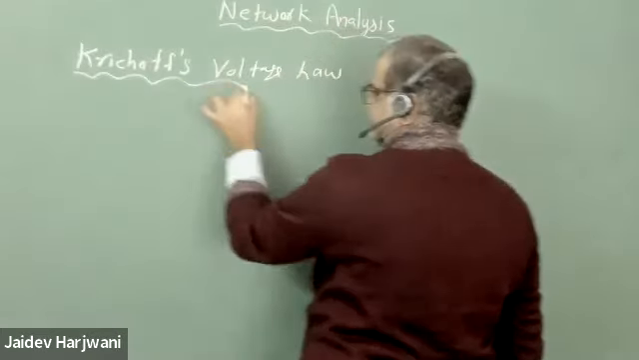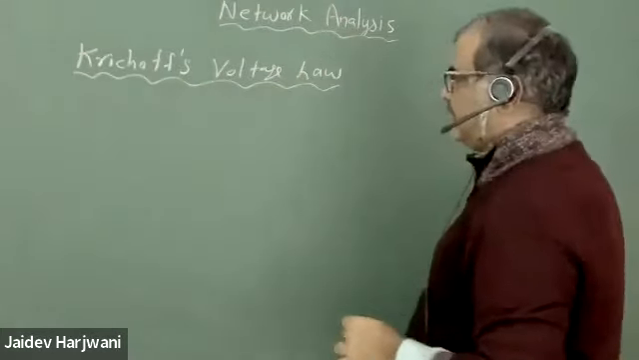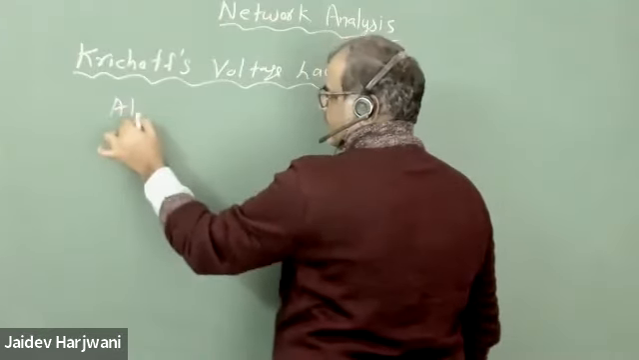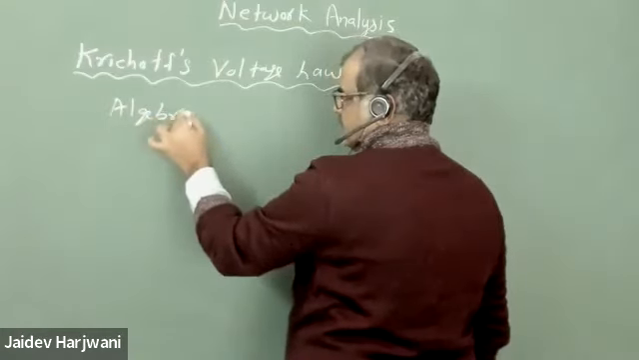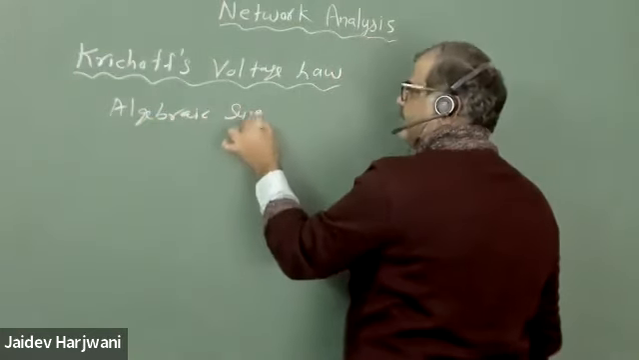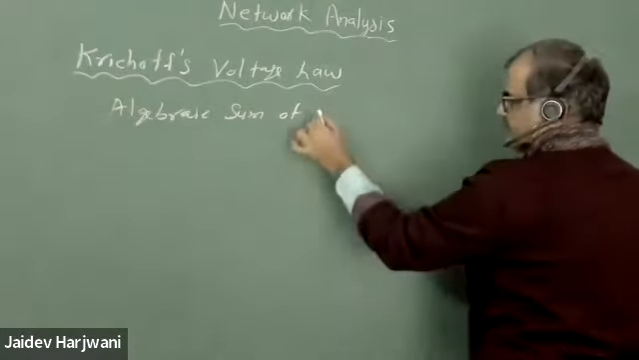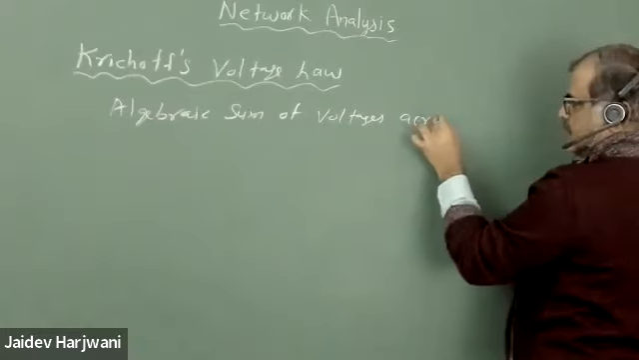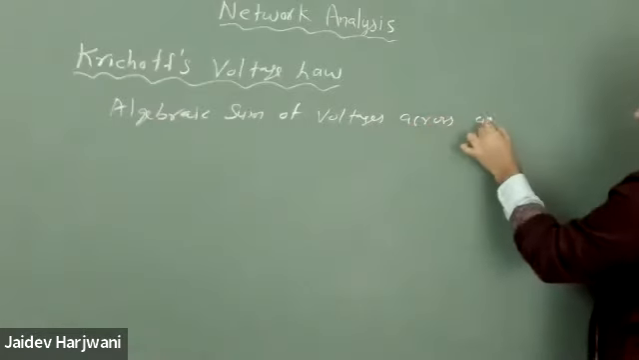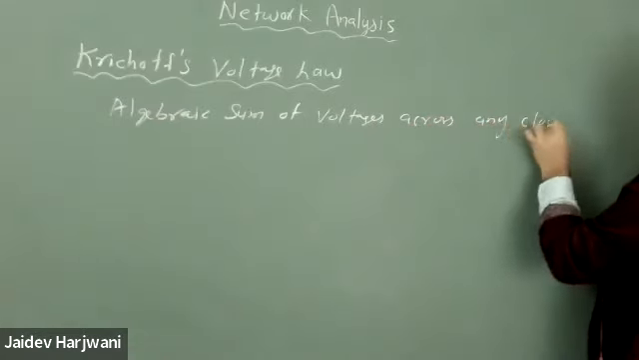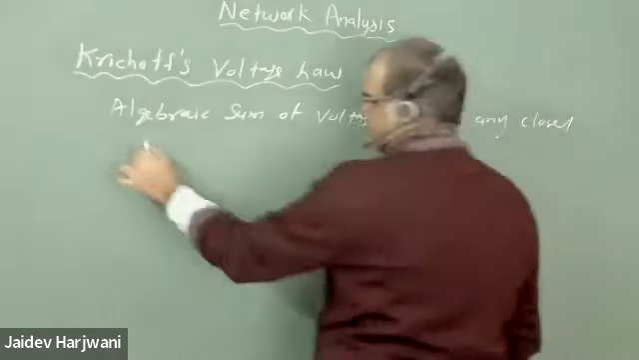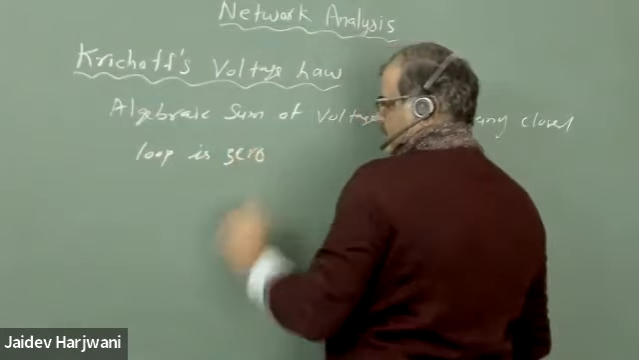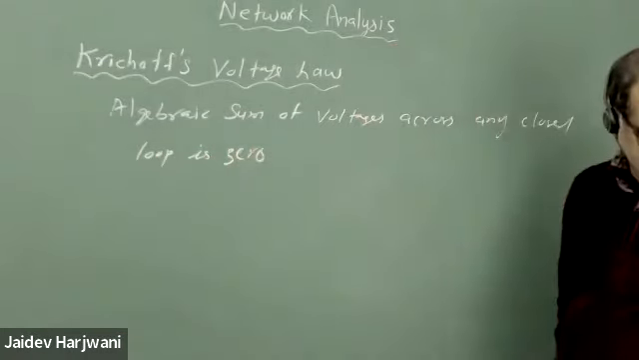So what this law says is that the algebraic sum of voltages across any closed loop is 0. Okay, what do you mean by this? So suppose